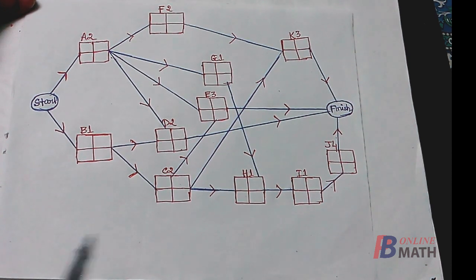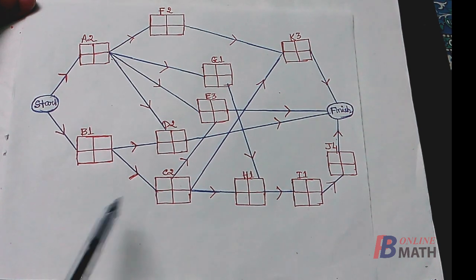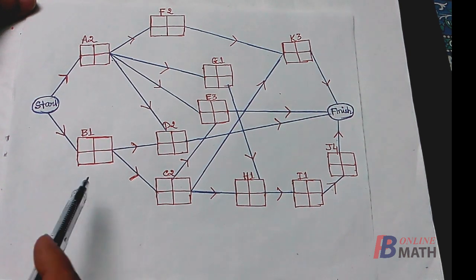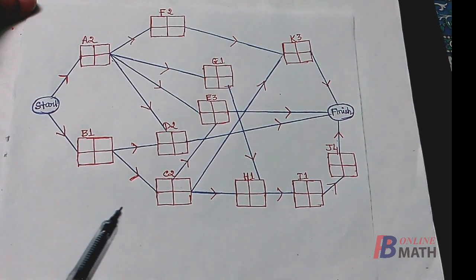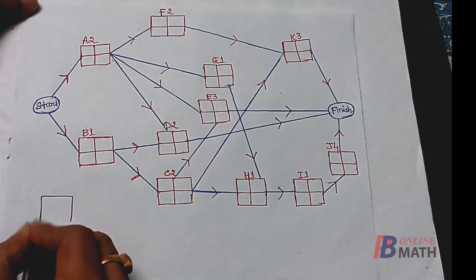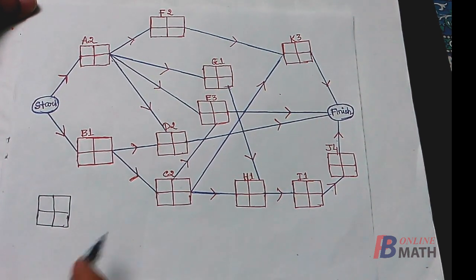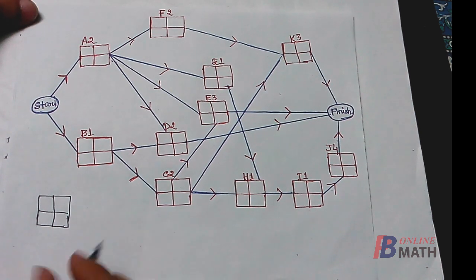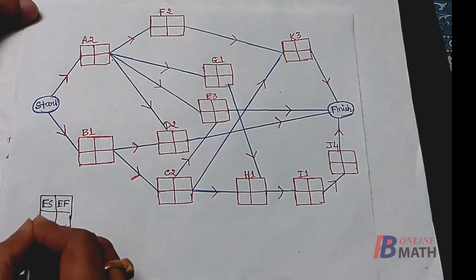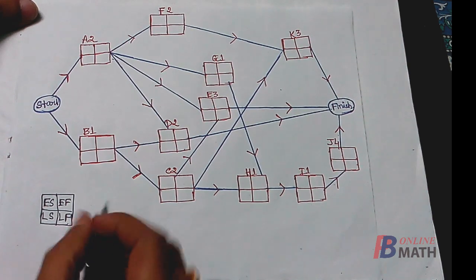Here is our project network. Here we have expressed the project network in some compact form, where in place of every node we have used a box. Now the box contains 4 spots which are to be filled by some specific data. Now the format of the box should be like that. It has 4 spots. So we shall fill these boxes by some data which will be called the ES, EF, LS and LF.